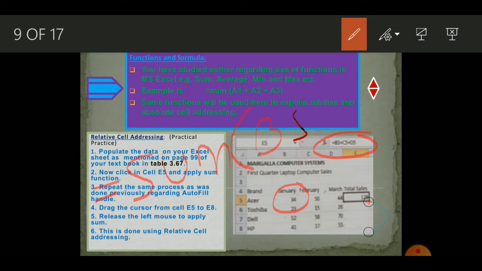B5, and then you don't have to type the address of the next cell, type the address of the last cell, but before that you have to do what? You have to place a colon. What does the colon mean? I'll tell you later. So now the address of the last cell. What is the address of the last cell? D and 5. So write D5 and close the bracket.